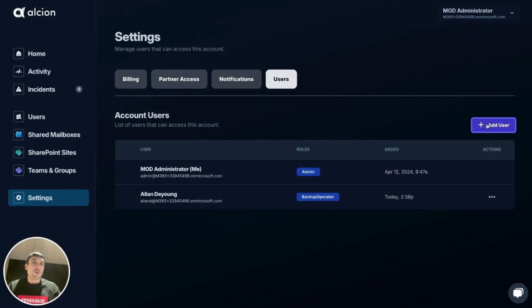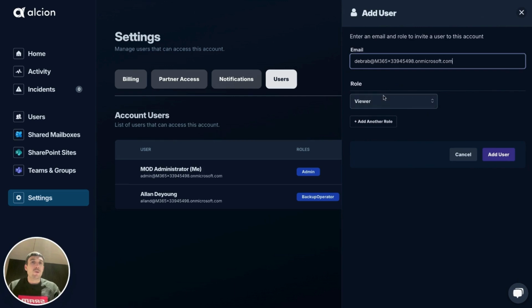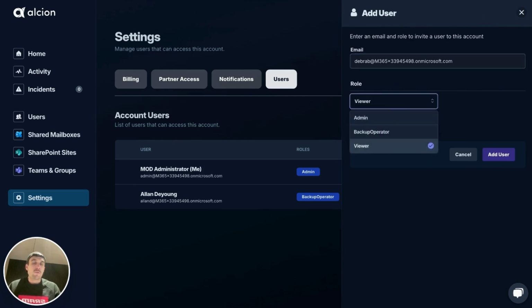So within your tenant dashboard now, you can actually set roles when you assign users. You'll notice here we've got three different roles. One is the viewer, and that's pretty self-explanatory. Essentially, any users in this role can log in, they can view any resources and statistics that are on your account, things like compliance scores and any activity, so when backups ran, that sort of thing.